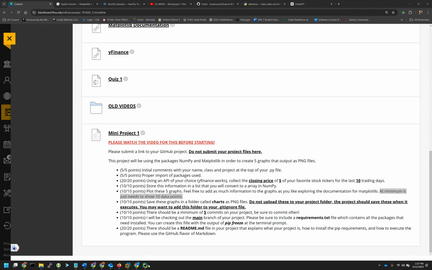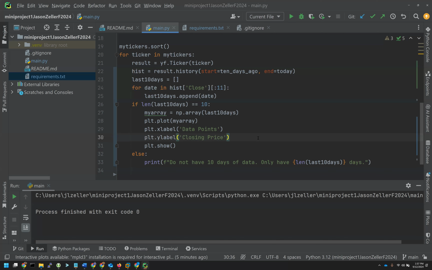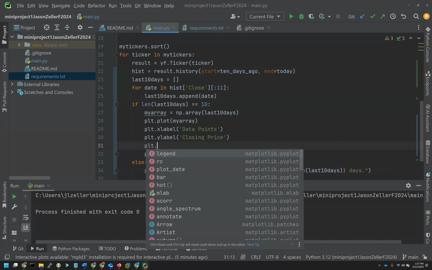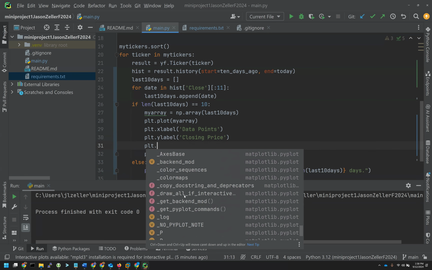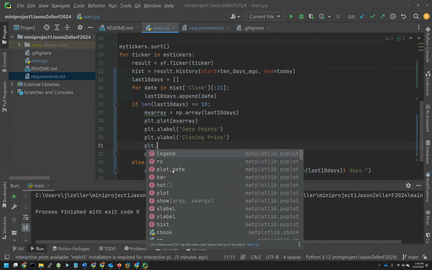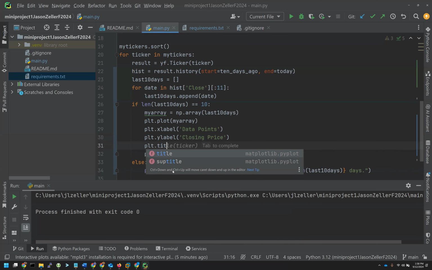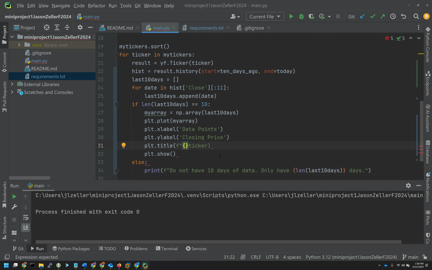So if you come in here and we wanted to add a title, again, you can use the dot and figure out all the different options you have for this side of it. Turns out title is the actual name of it. So if you do dot title, now this says ticker, that's probably not a bad idea. We could actually grab whatever the ticker is, or we could do a formatted string that would do something like that as well. So we could say the ticker